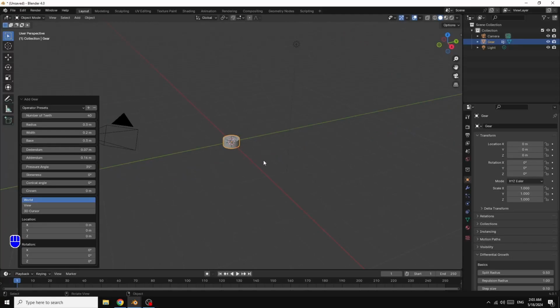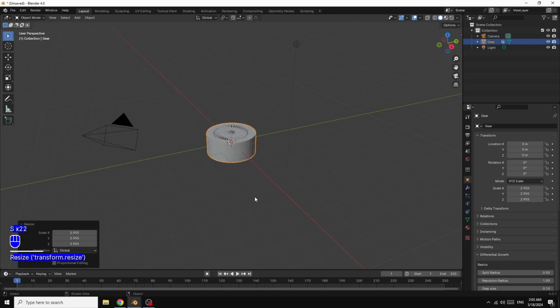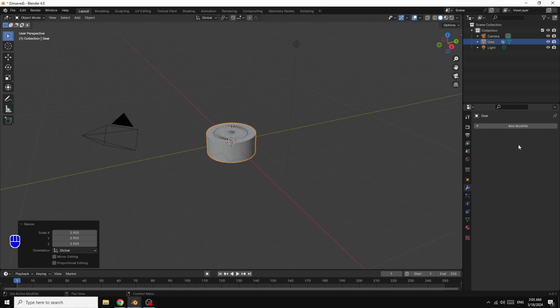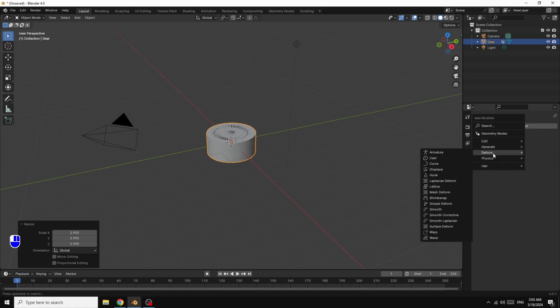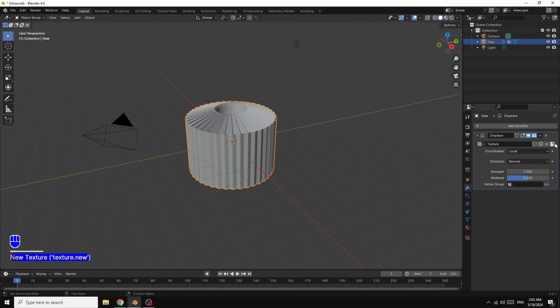Now if I scale the object like this, as you can see, we have this object like this. Now I go here in modifier properties, add modifier. Here in deform, I select displace, hit new, and here